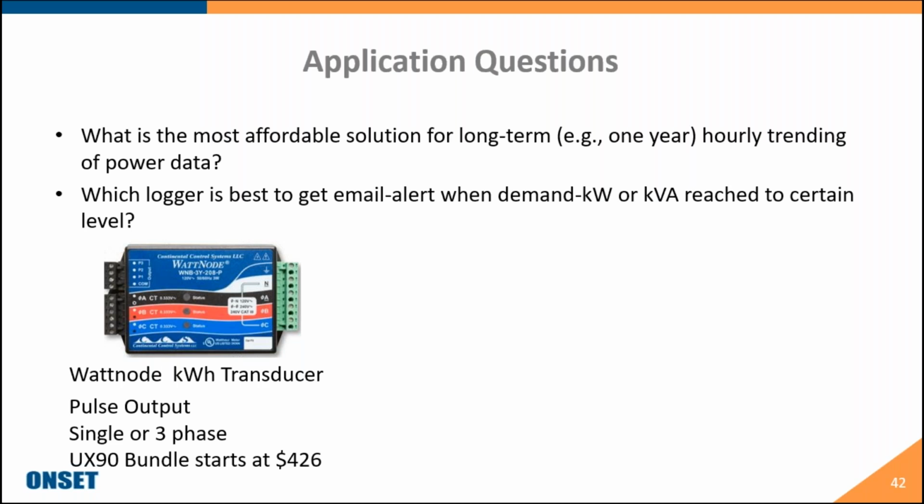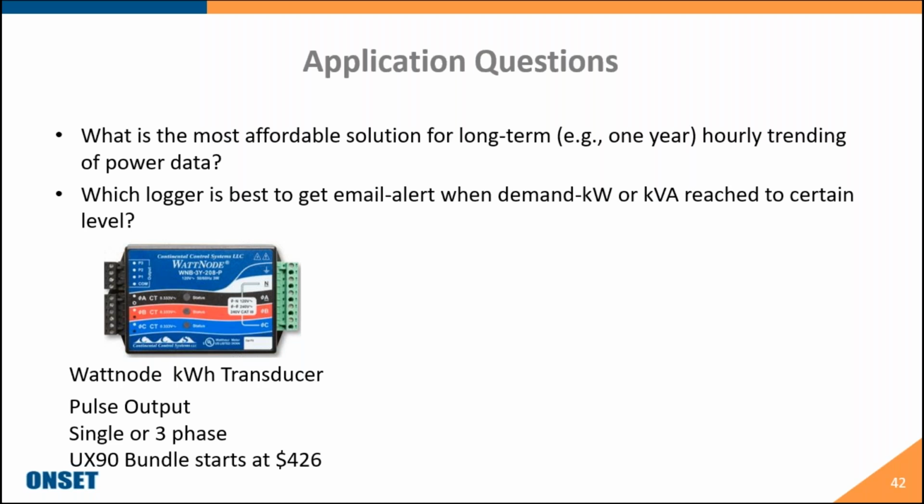And once that kilowatt hours reaches a certain threshold, you would receive that notification via text or email letting you know it's gone now outside of your parameter. And again, this data does get pushed to our HOBOlink cloud-based platform. So you would be able to view your data there, and that's where you would go to set up your